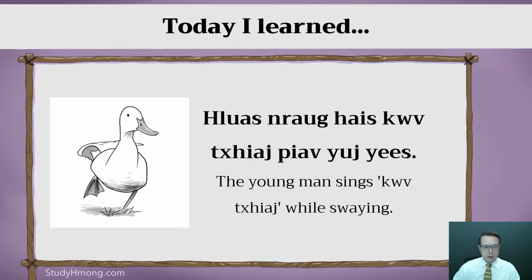Another example, luan do hai gu tia bia yu ying. So the young man sings gu tia songs while swaying back and forth. So he's singing, he's just standing there. He doesn't know what to do with his hands, so he just kind of rocks back and forth while he's singing. And you'll notice some of the tone changes. Bia yu ying. They added that yu. Sometimes words are added just to give a feeling, a rhyming feeling.